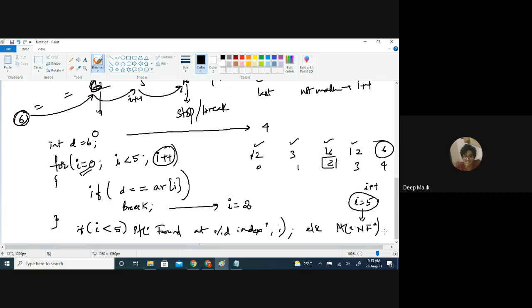Not found. So you can write the condition in two ways. You can say if I is equal to which value, what will I print? Not found. It's up to you whether you want to write this condition or the less than condition. So this concept is called linear search. Why is it called linear search? We are moving only once from left to right. Linear. A single dimensional array is always a linear structure only, right? Any confusion till here?